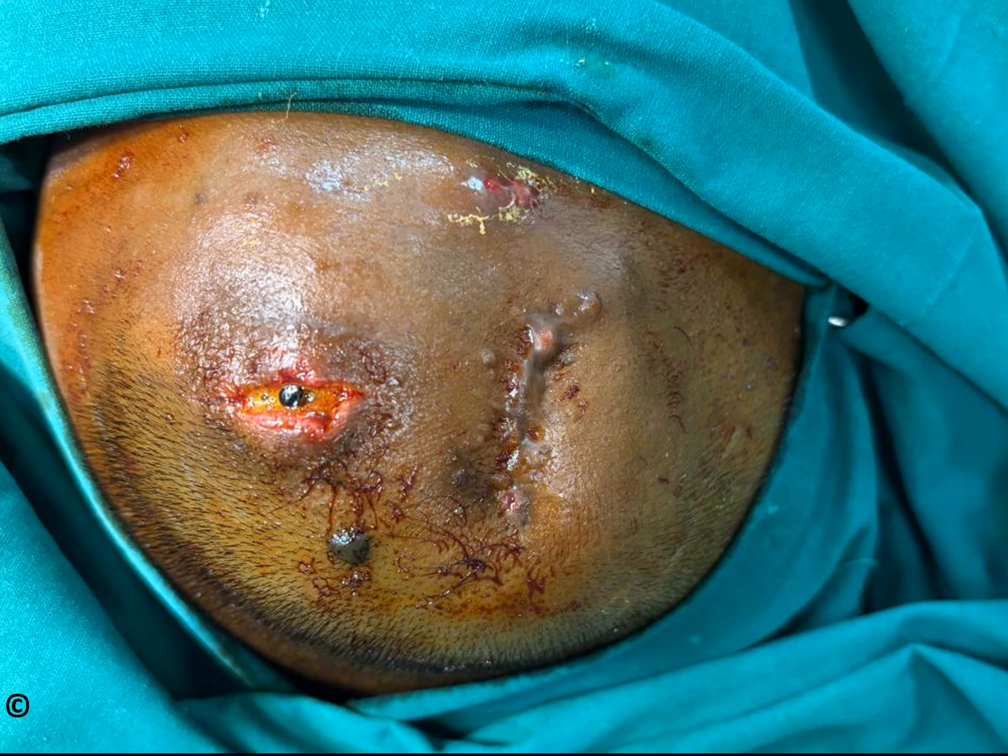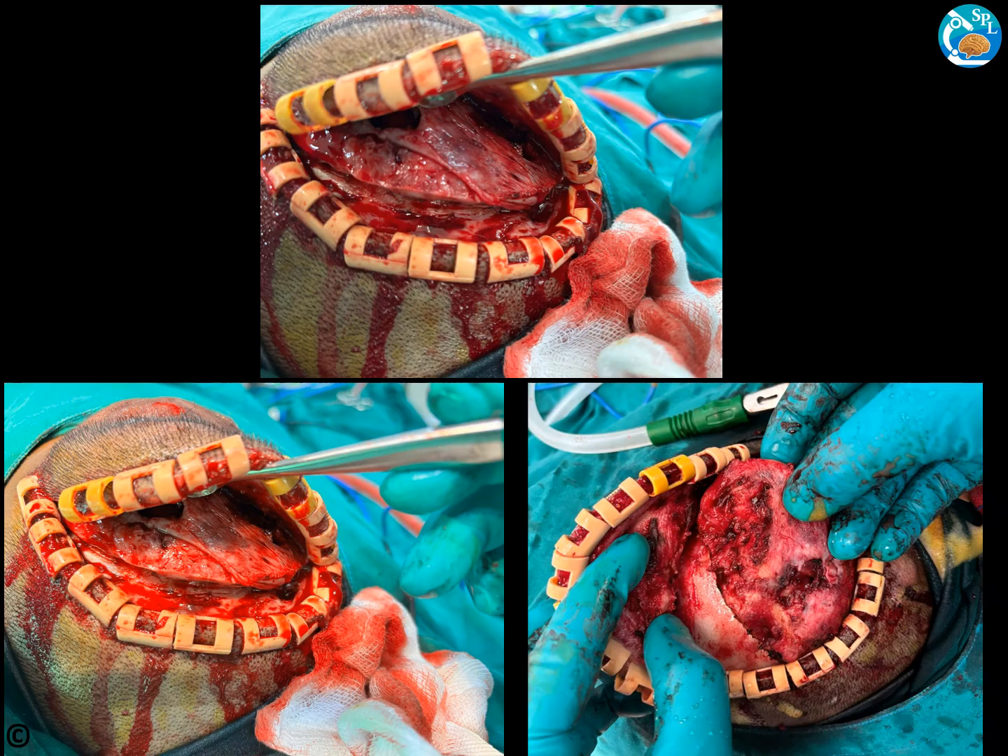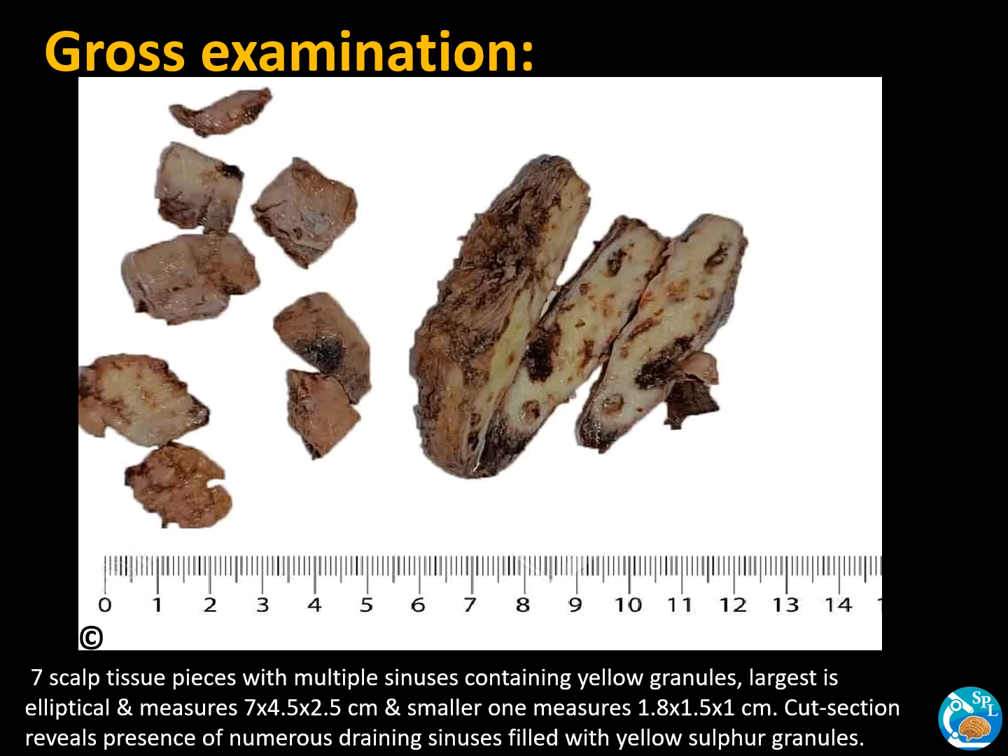So these are the gross images. The patient was taken to the OT for drainage of the indurated swellings. And you can distinctly see these yellowish sulphur-like granules over the surfaces coming out from the draining sinuses. These are the intraoperative images. This case was operated by the neurosurgeon Dr. Anirudh Mohiti from Kolhapur. So in Shanti Pathology Lab, we received a total of 7 scalp tissue pieces, and over the surface